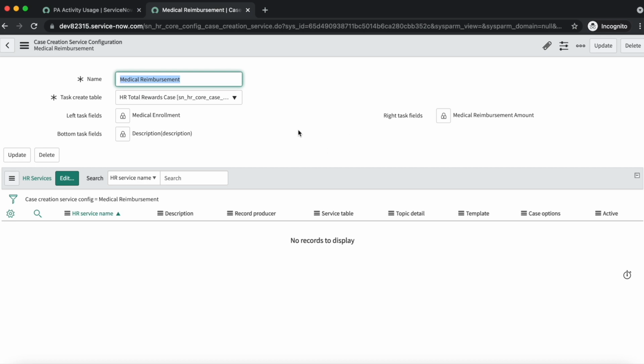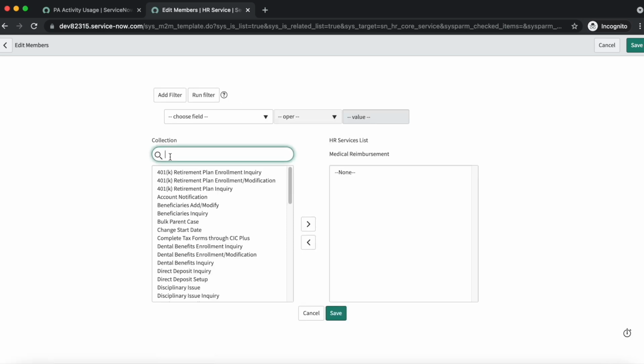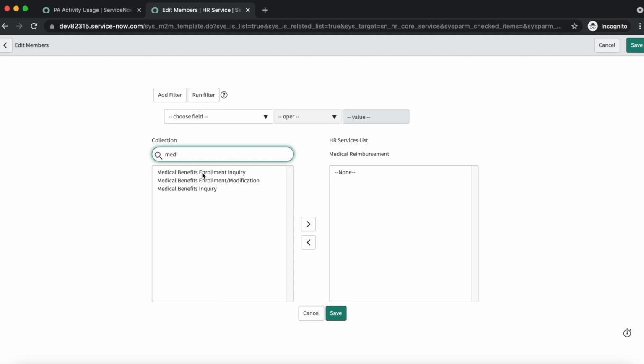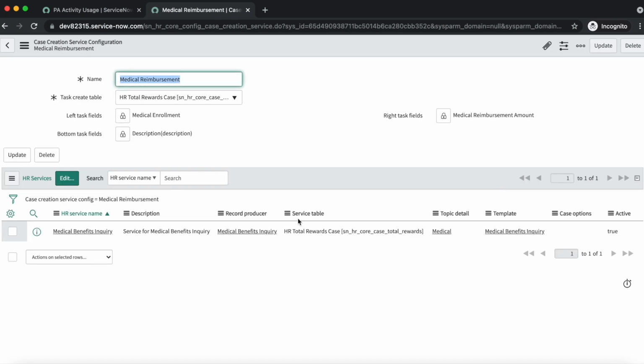Now we have to select for which HR service we want to display those fields on the case creation form. So we will have to select the HR service. We want it for medical benefits inquiry, so we will have to select medical benefits inquiry. You can select multiple HR services over there if you want the same fields to be displayed when you are selecting that HR service at the case creation form, so you can include one or more than one HR service over there. Now let's save it